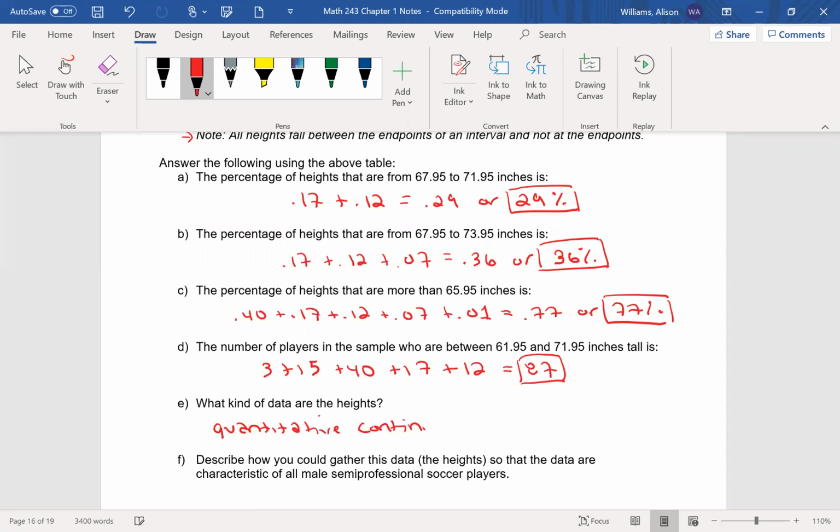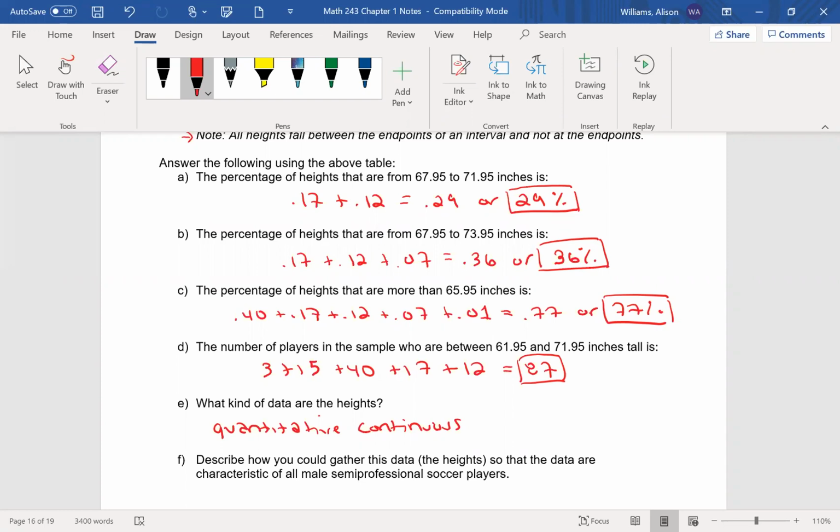But the level of measurement classification would be ratio. However, our book favors the qualitative, quantitative answers. So we will be primarily using qualitative and quantitative as our way of measuring data and classifying data. And only when we're told to use the levels of measurement will we switch to the nominal, ordinal, interval, and